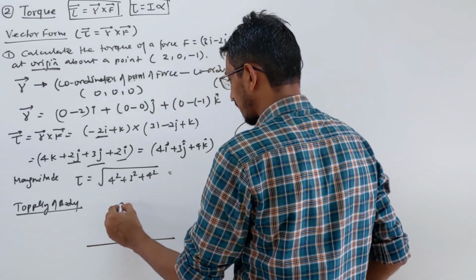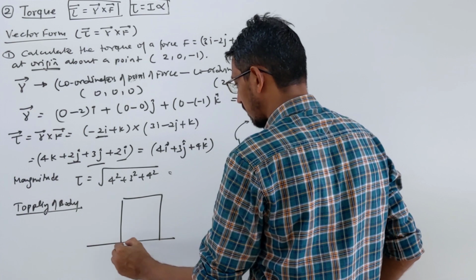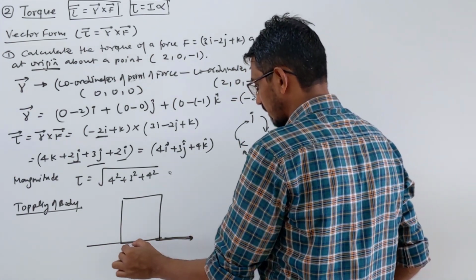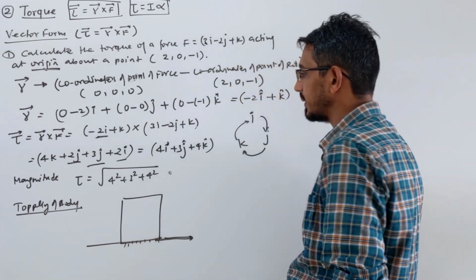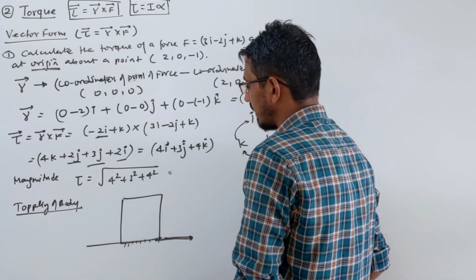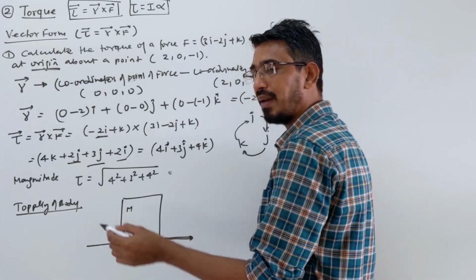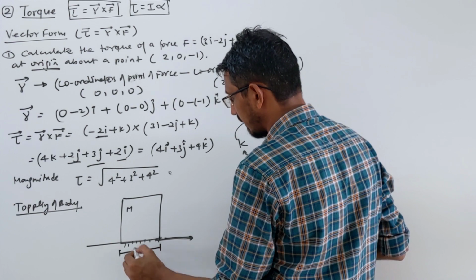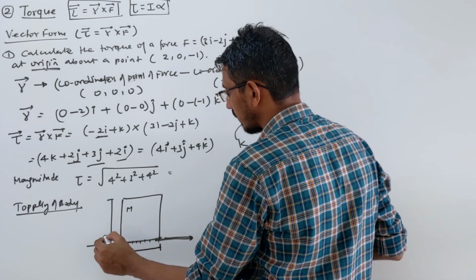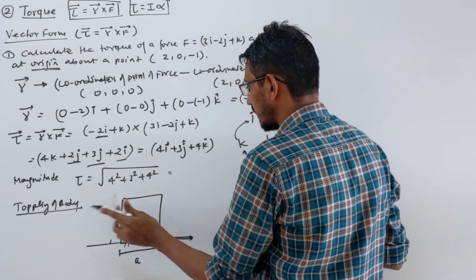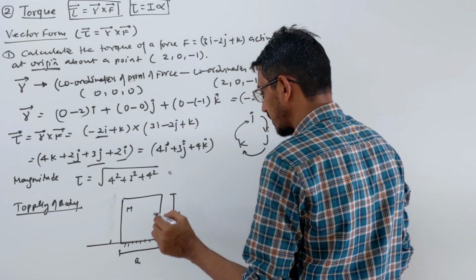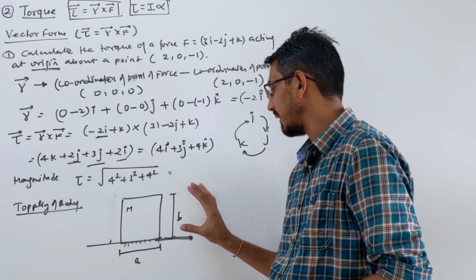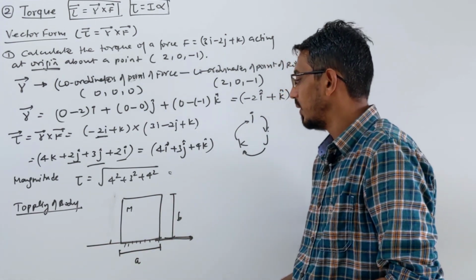Suppose you put a block on the ground like that way, okay? And this is a rough floor, friction is there. So this body is placed here, and this body has mass m, and dimensions you can write as some height and breadth. This side is suppose A, and that side, let me draw on this side, is suppose B, some dimension, okay? Block of mass m, and length and height are given to you, width is also there, okay?